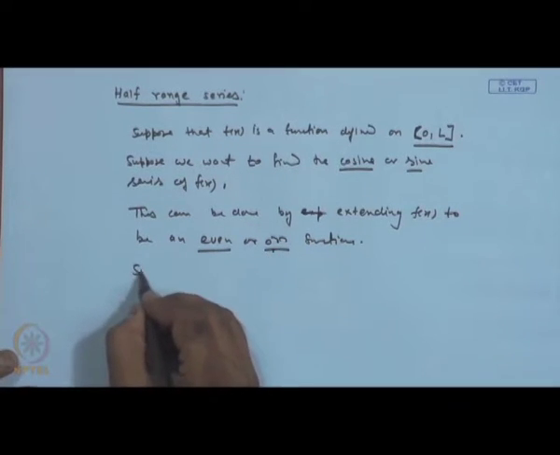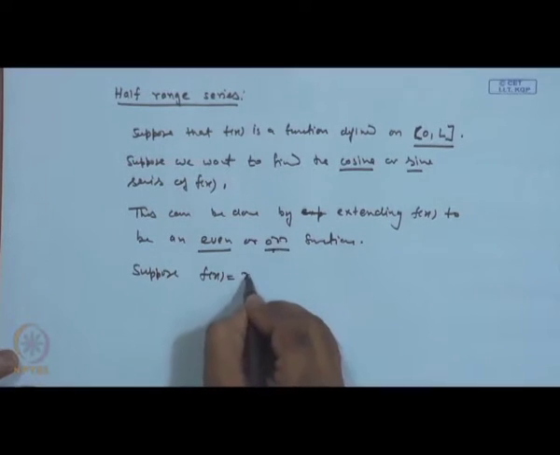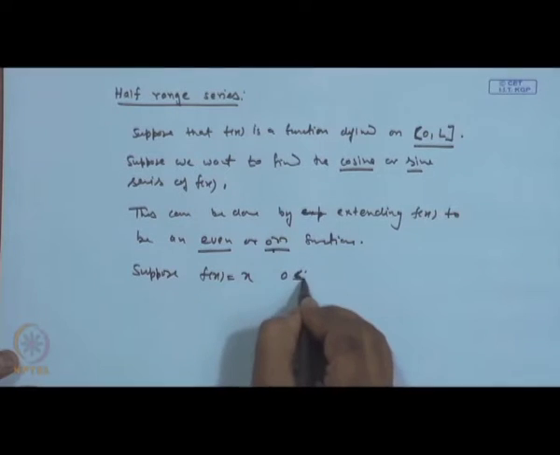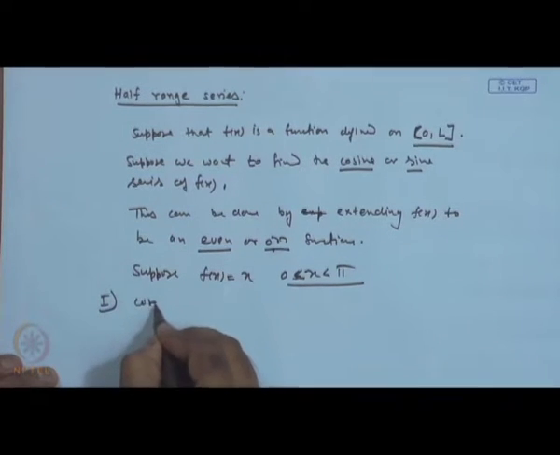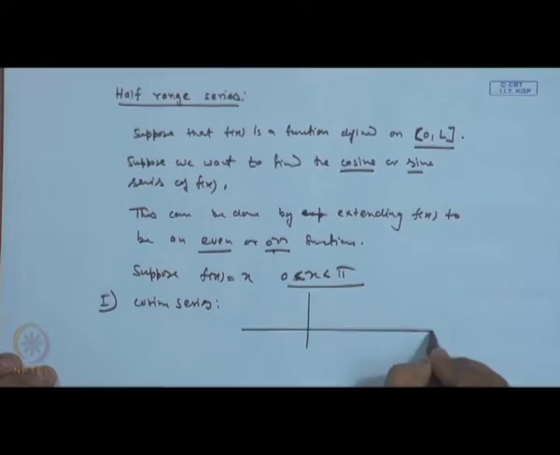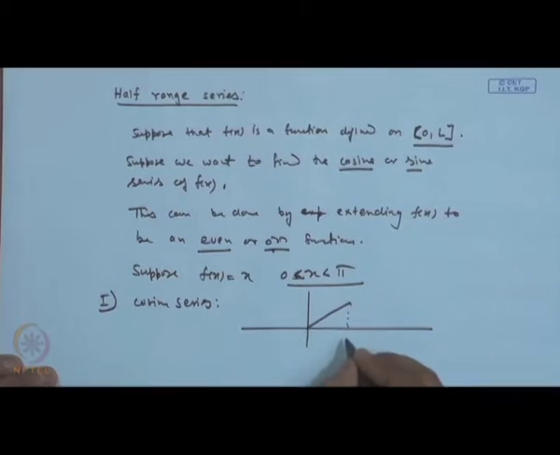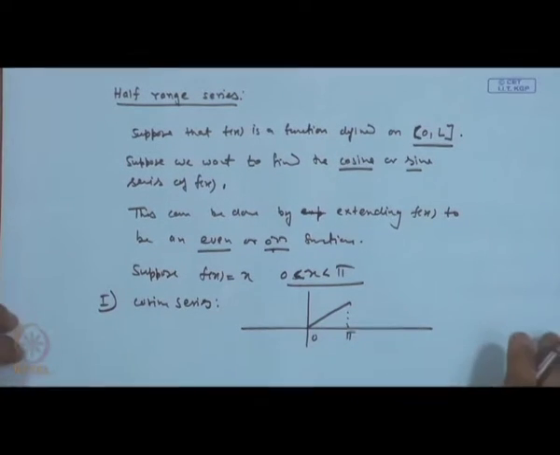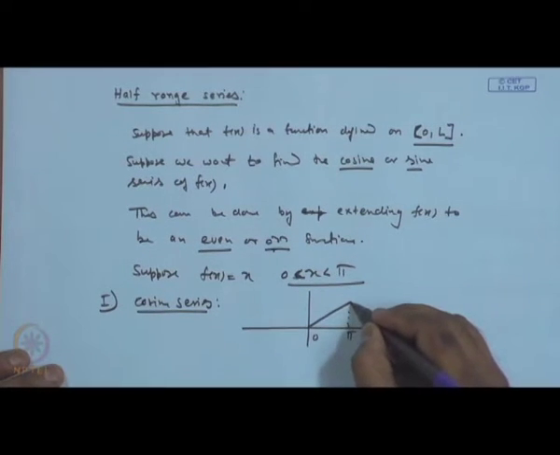So, suppose f(x) = x is given in the interval 0 to pi. If you want to have the cosine series of this, what we will do is, we have this given function on 0 to pi, f(x) = x. Now, if we want to write this x in terms of cosines, what we will do, we will extend this